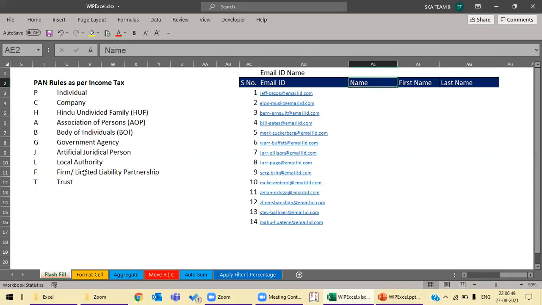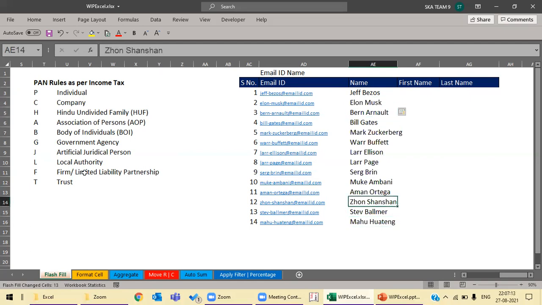We all know that in corporates, email IDs are created on the name of the person, and suppose these are all the email IDs of the persons, and if I want to extract the names out of those email IDs, then you just type the name from the email ID that has been provided and just press the Ctrl E button.